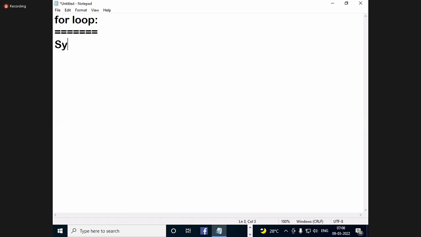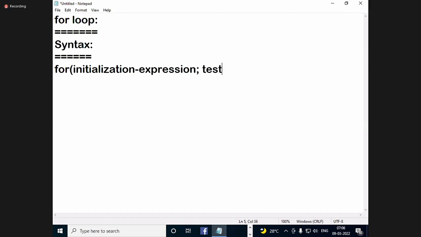For loop syntax: for, initialization expression, semicolon, test expression, semicolon, updation expression.